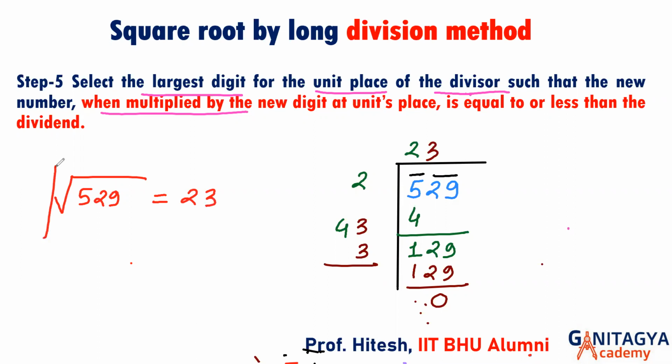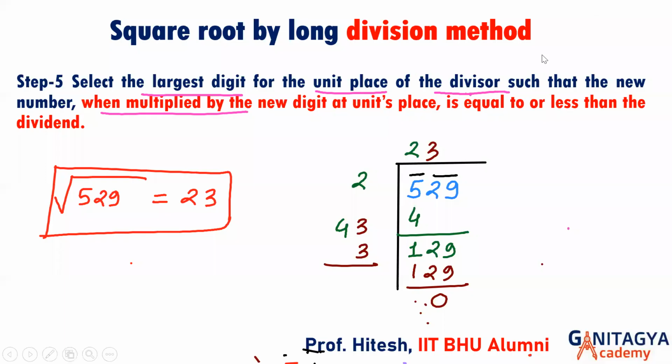The last step is that the remainder must be 0. If the remainder is 0, it is a perfect square number. If it is 526, then the remainder will be 3. So that time we will say this is not a perfect square number. 526 is not a perfect square number. Quite easy. So we will use these 5 steps and we will find the square root of some numbers. Write it down. Let me know when done.